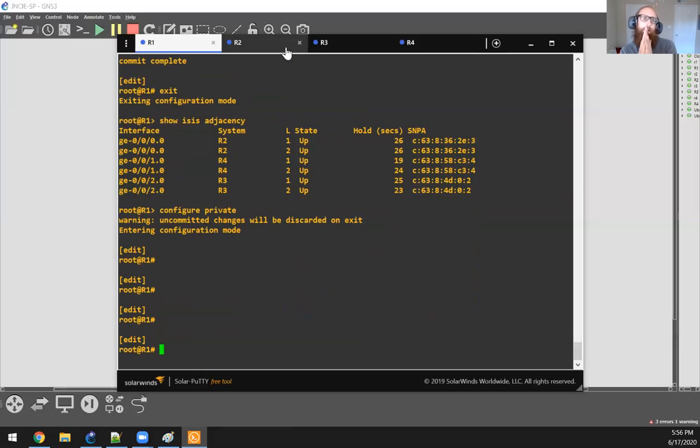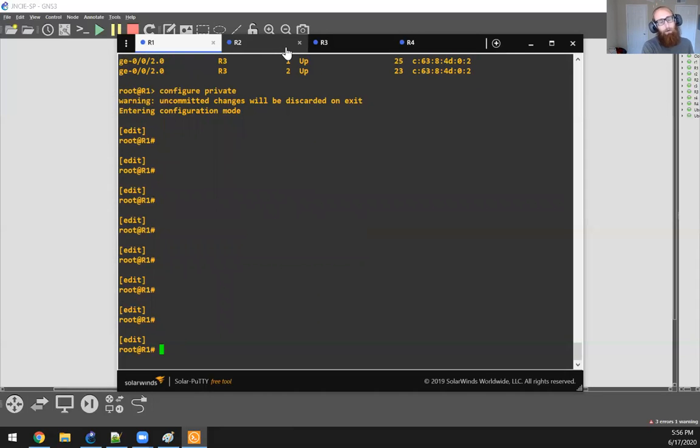So we're going to be disabling our level 1 adjacency on router 1, because remember from before you could have an ISIS level 1 router, level 2 router, or level 1 and level 2 router. Right now this is set up as a level 1 and level 2 router. It's going to form adjacencies across both levels. But let's set this up to purely be a level 2 router. And then we'll set the other side to purely be a level 1 router